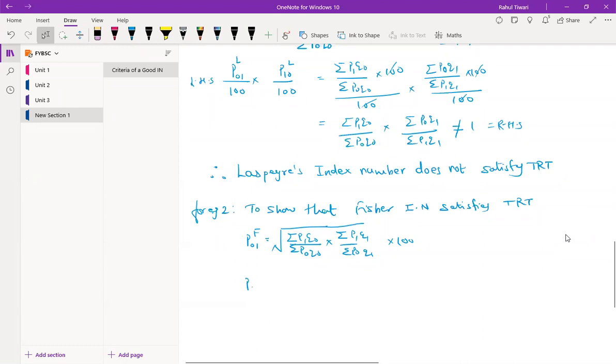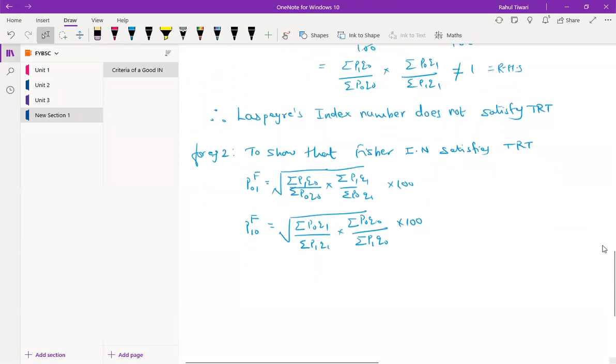Now what is the formula for P10F? Means I am going to reverse this. Instead of 1 I will write 0, instead of 0, 1. So it will be summation P0 Q1 divided by summation P1 Q1 multiply with summation P0 Q0 divided by summation P1 Q0 multiply by